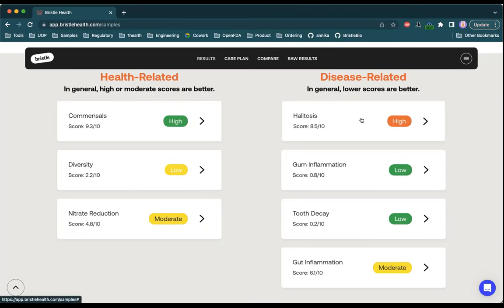But if you have all green boxes and you're scoring high on halitosis, it doesn't mean you're healthy. It means that you're kind of teetering on the edge, and your oral microbiome is trying to modulate that part of it. So the halitosis score is important. That would lead me back to nitrate reduction. That is a score or a measure of having the right bugs. Typically it's everywhere, but on the back of your tongue, that are able to reduce the nitrates